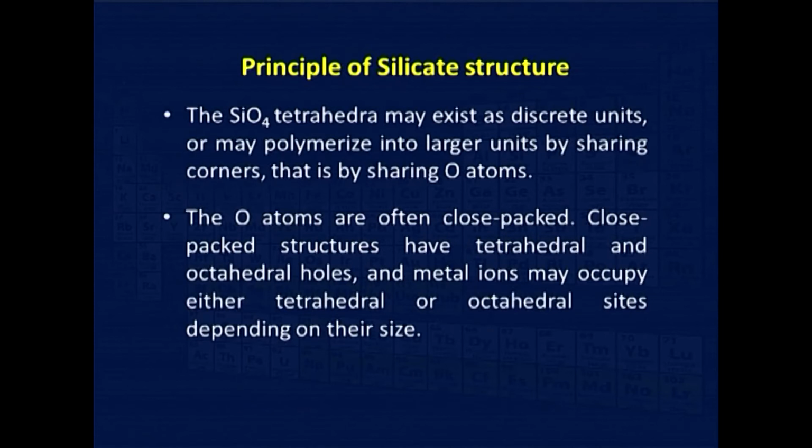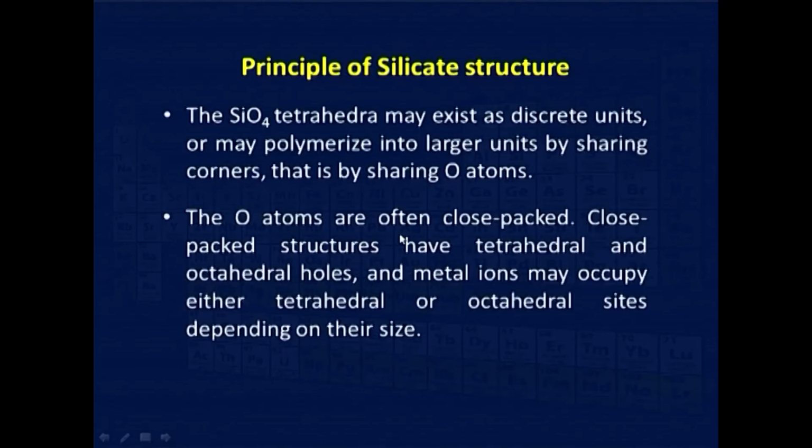The silicate tetrahedra may exist as discrete units or may polymerize into larger units by sharing corners, that is by sharing the oxygen atoms, because oxygen atoms are placed at the vertices. The oxygen atoms are often close packed. Close packed structures have tetrahedral and octahedral holes, and metal ions may occupy either tetrahedral or octahedral sites depending on